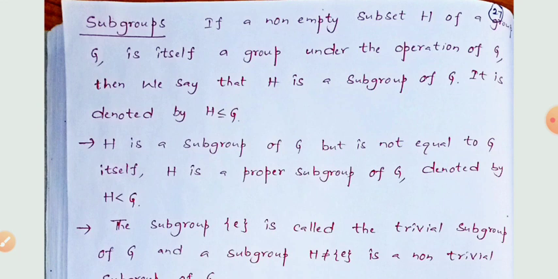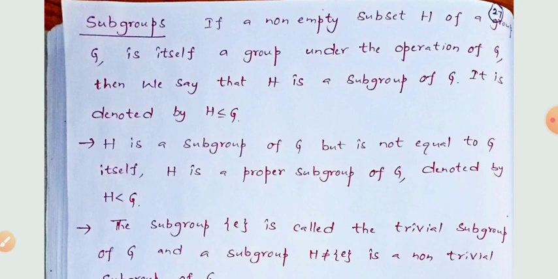Here now I am going to discuss the definition of subgroup. If a non-empty subset H, here capital H is a non-empty subset of a group G, is itself a group under the operation of G. Here H is a subset of group G, and H also satisfies all the conditions of a group: closure property, associativity, identity and inverse. If G satisfies the group conditions under a binary operation, meaning under multiplication or addition or circle,